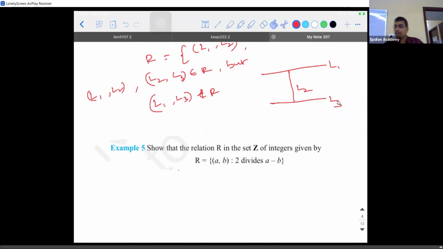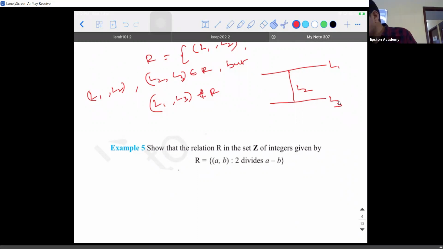If you do the subtraction, there are two words again that will confuse you: subtraction and difference. What is the difference between these two? Difference is only a number. Subtraction needs the exact sign. 1 minus 2 is minus 1. The difference of 1 and 2 is only 1. So R is 2 divides A minus B. That's why they said integers. Had the question been natural numbers, things would have been different. Listen to this carefully.